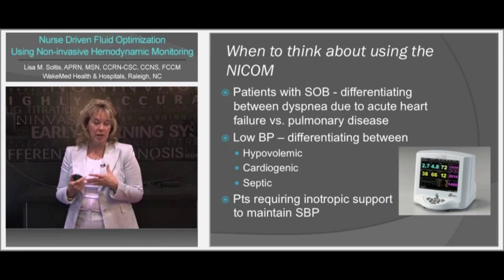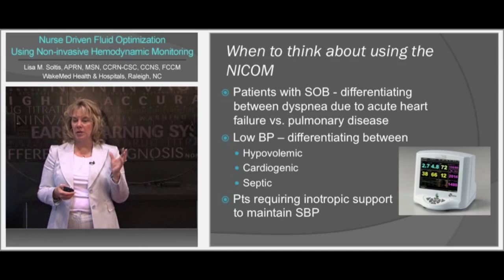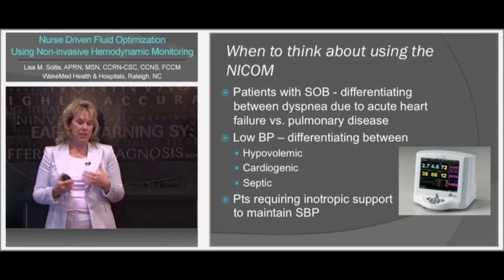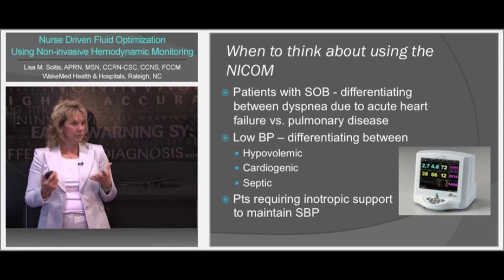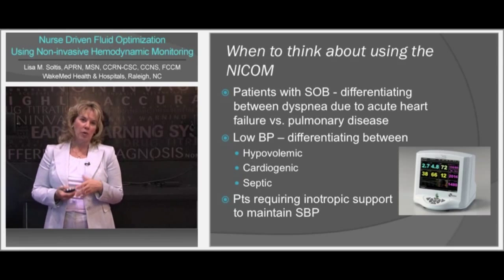When they're hypotensive, and again within minutes I can determine is this cardiogenic, is it a vascular problem as far as vasodilated and a sepsis picture, is it a hypovolemic problem? So again, I can very quickly assess and determine what's going on with the patients, or whether or not they need to add inotropic support and squeeze to